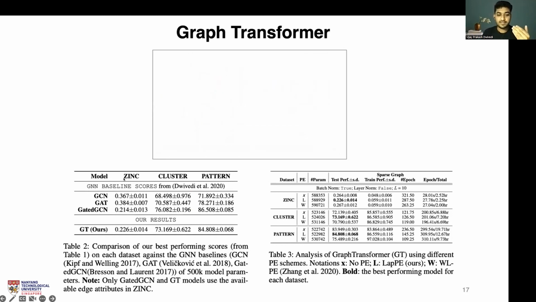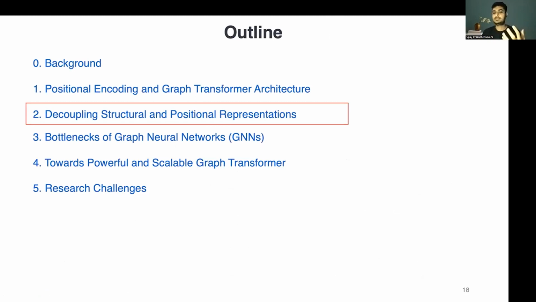For the case of ZINC, lower is better. For the other two cases, higher is better. We also have several studies with other kinds of positional encoding, and we observe that the eigenvectors of the graph Laplacian are consistently better. So this becomes the first vanilla graph transformer architecture, after which a lot of works were triggered, and we saw a lot of interest in improving attention, improving how graph sparsity should be considered, and trying to have positional encodings. But I'll go slowly and show the improvements that we make in particular.